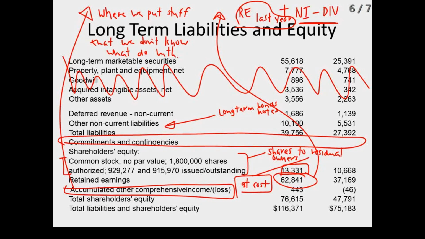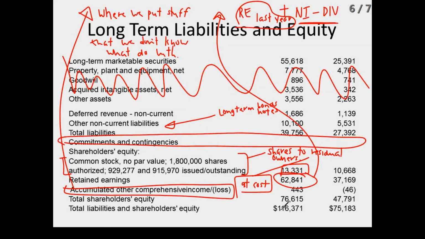Okay, so we might mention in our 10-K, hey, we're engaged in some lawsuits. Sometimes we're doing the suing and sometimes we're being sued. But you wouldn't see a line item on the asset side for lawsuits that we initiate. Only the ones that we get stuck as the defendant in.